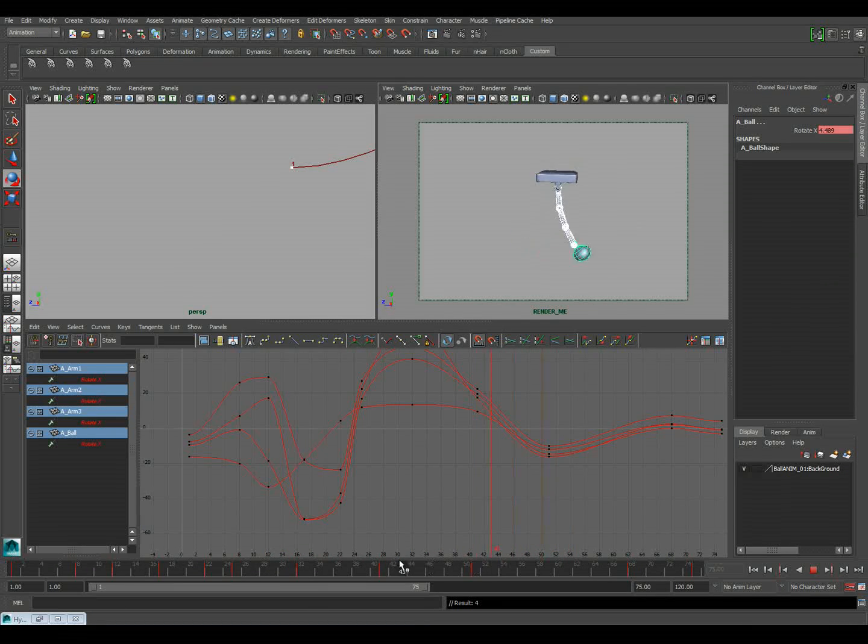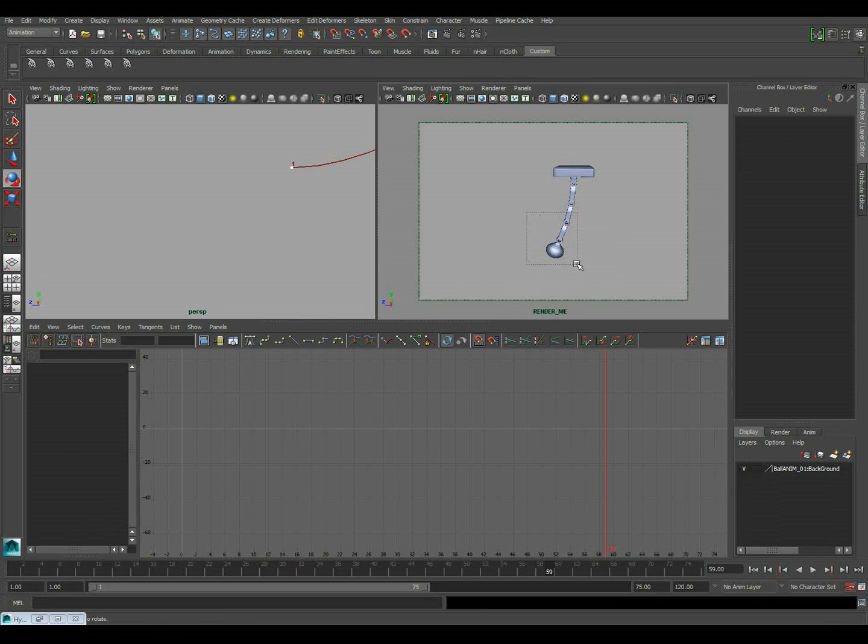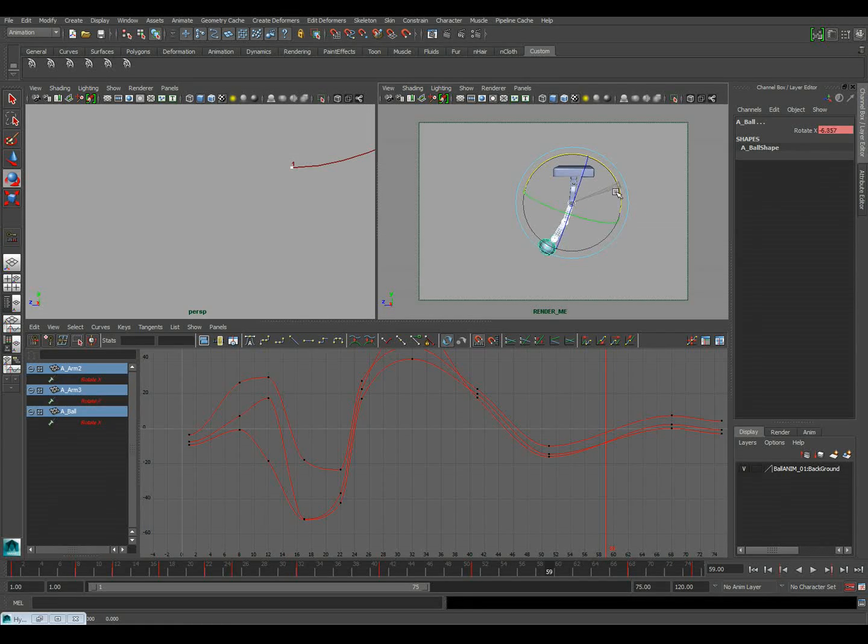Okay, now the thing that's missing is I want to go ahead and build in some of my drag. That's nice there, that's nice there, but then here it just starts to settle. So I just want to add a little bit more overshoot in it here, and a little bit more there as well, just a little bit. Okay, so now if we watch this,